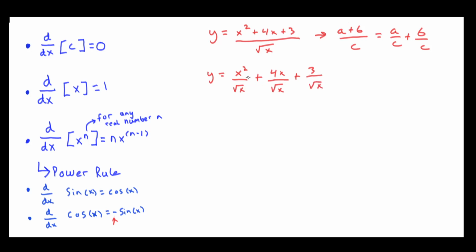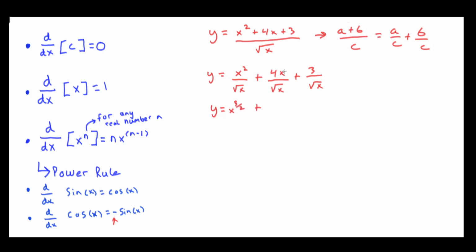Now we just subtract our denominator's power from our numerator's power. So in this case, we have a power of 2 in the numerator and a 1/2 in the denominator. So 2 minus 1/2, you get a 3/2. So y is equal to x to the 3/2 power